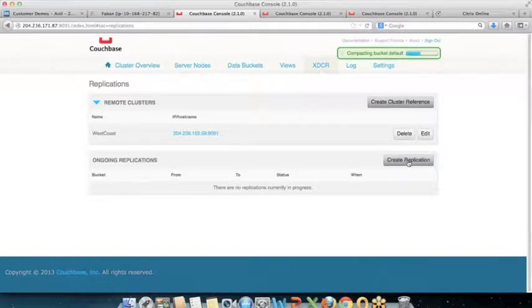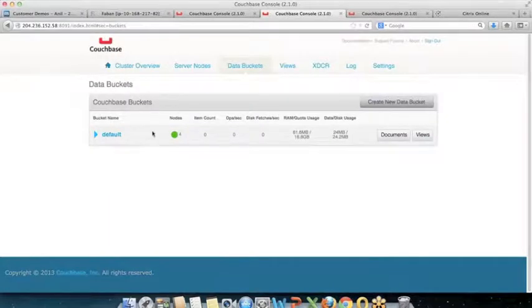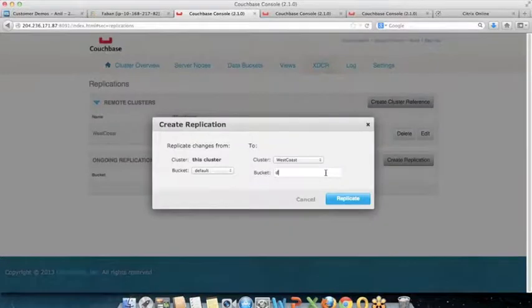So now when you hit create replication, you'll get this screen where it will ask you which bucket you want to replicate. In my case, I have only one bucket, so I'll say default bucket. Let's say I'll pick the West Coast cluster. Before you give the bucket name, you have to make sure that the destination cluster has the default bucket. You can choose to give a different name, but for the demo, I will give the same name, default,